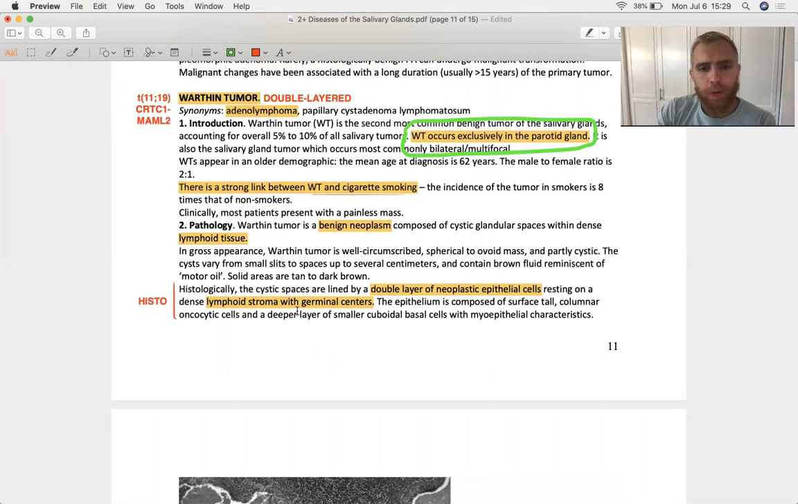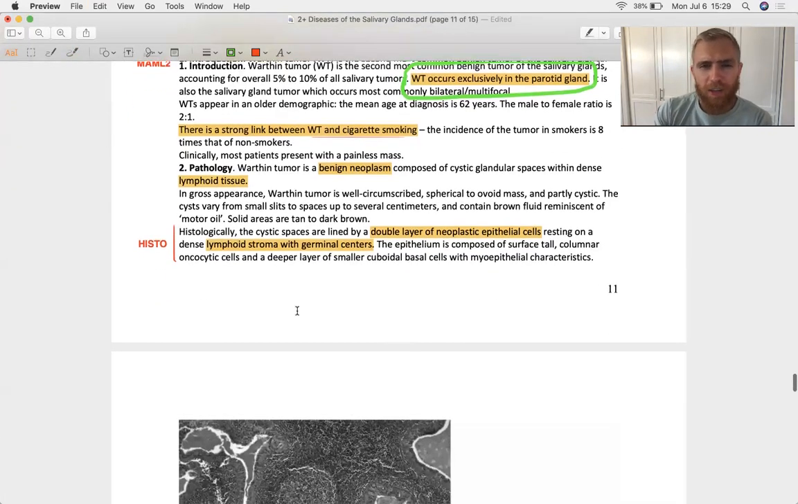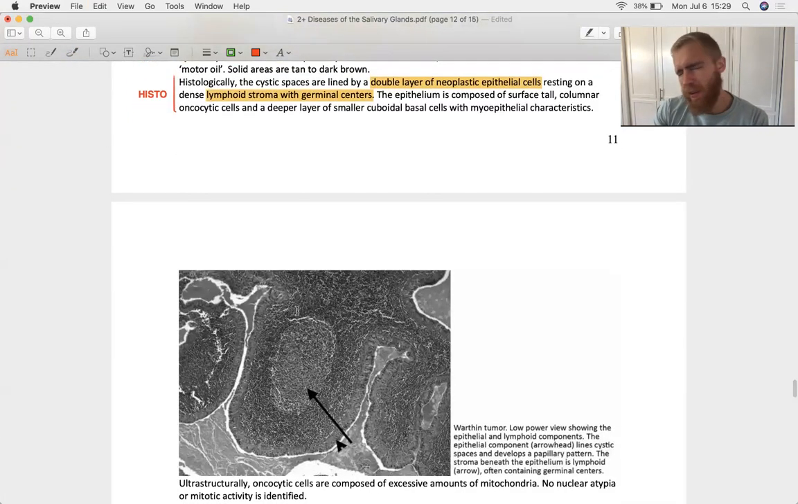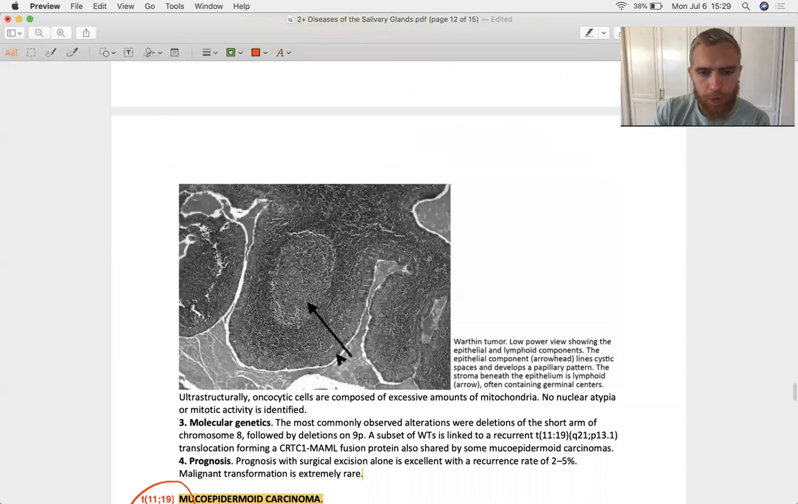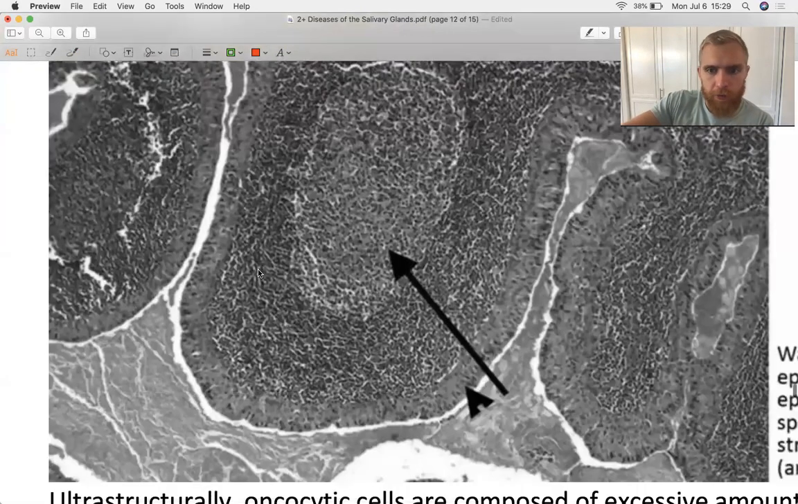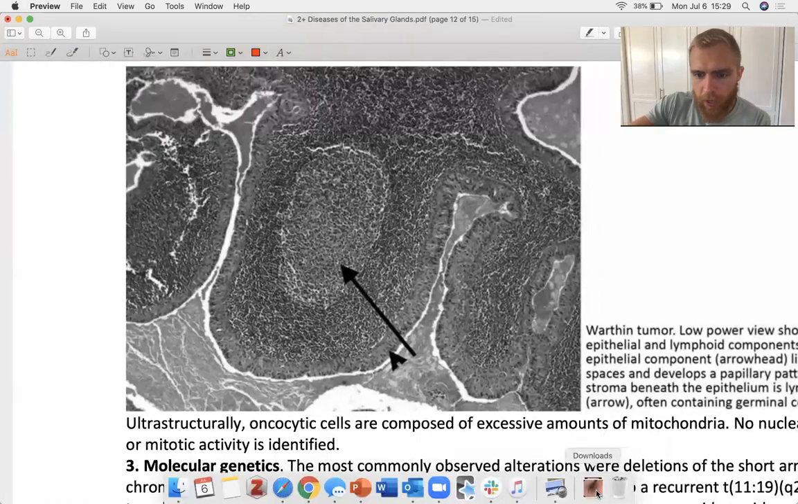And the Warthin tumor has a very characteristic histology. I mean, can't miss it. Can't miss it. You're going to see this and remember it. The Warthin tumor has got a double layer of epithelial cells on it, and you can't see it that well in black and white, but